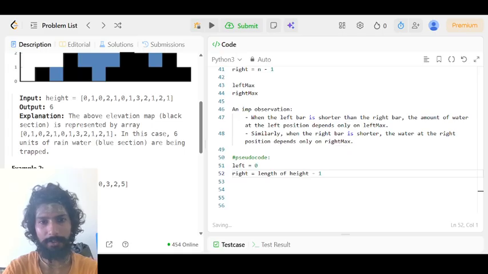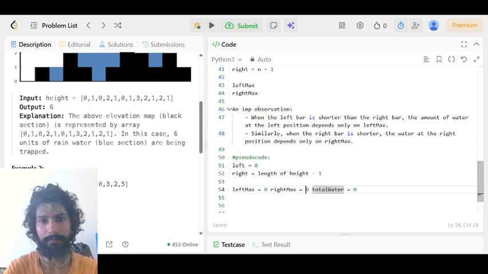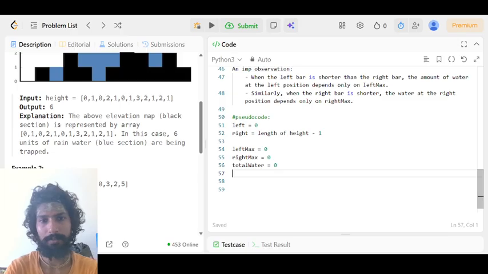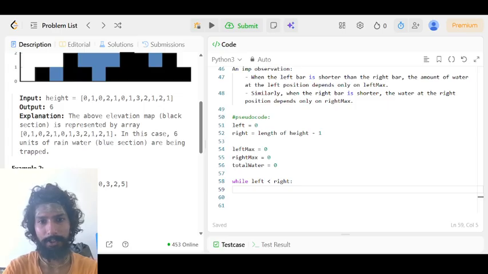Then we initialize left max, right max and total water. Then we run this loop. While left is less than right, if height of left is less than height of right,